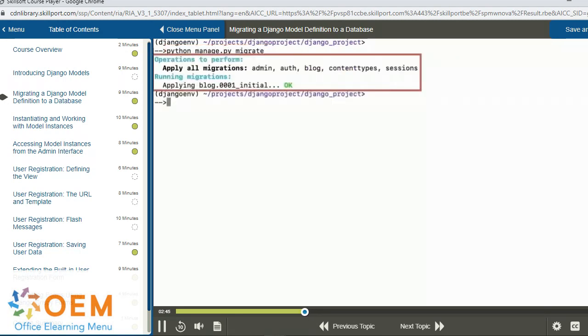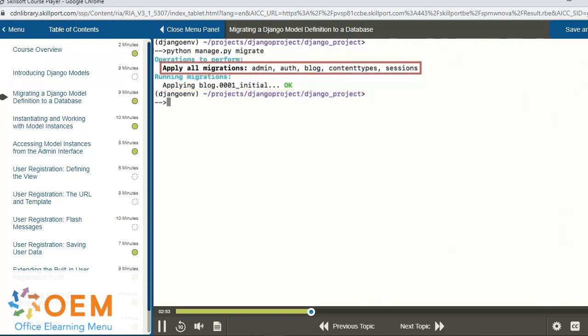And from the output, we can see that this migrate command will look into all of the different applications which are defined within our Django project. These include admin, auth, blog, contenttypes, and sessions. Out of all of these apps though, only one of them contained a migration script which has not yet been applied. Specifically, the